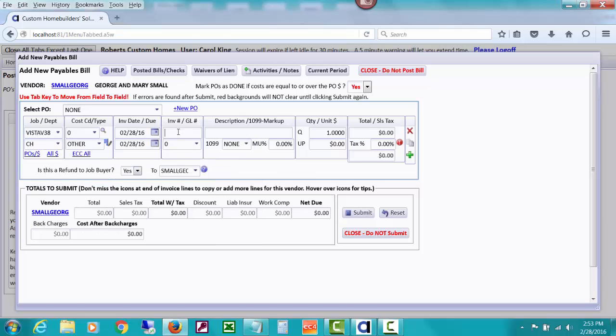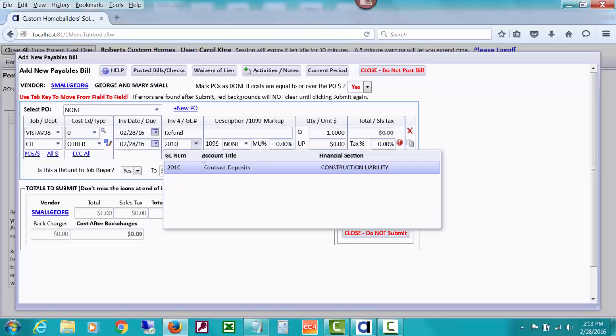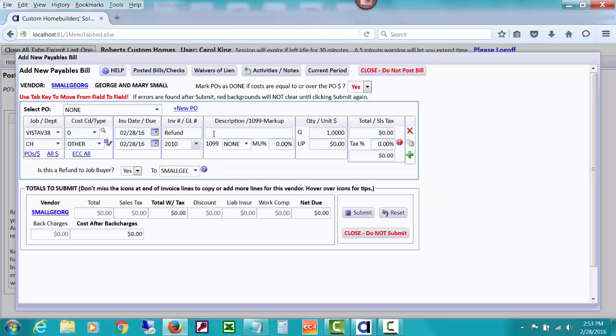And we can just call this refund, just for the heck of it, and we remembered that 2010 was where we posted the original monies from them, under contract deposits, and we'll just do small refund, or maybe we'll just say partial refund down payment, and we'll just say we're giving them $1,000 back for whatever reason. So I can submit that,